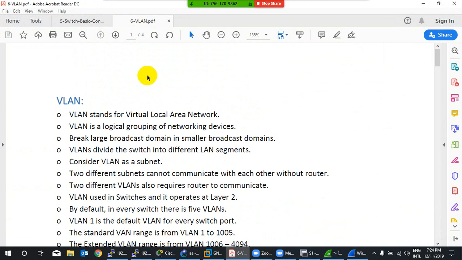VLAN means virtual local area network. We already know LAN, and this is virtual local area network. It means we virtually create a local area network. Basically, we need a VLAN for logically grouping the devices